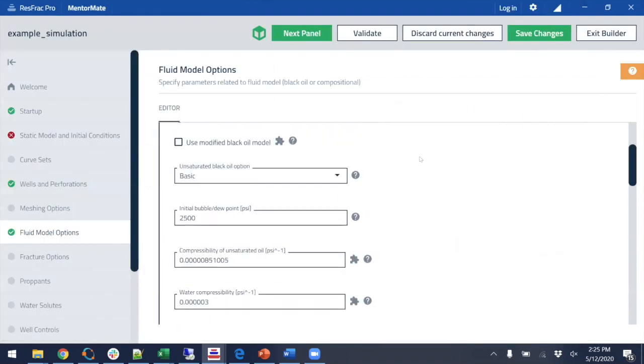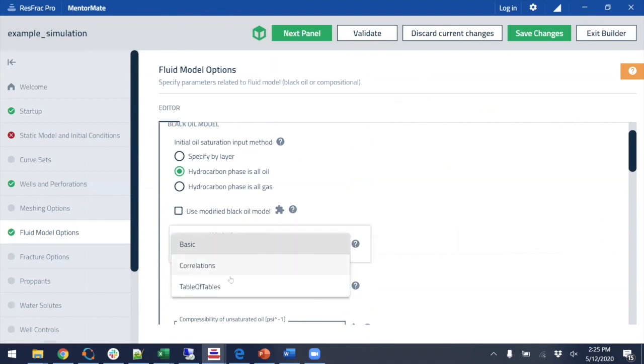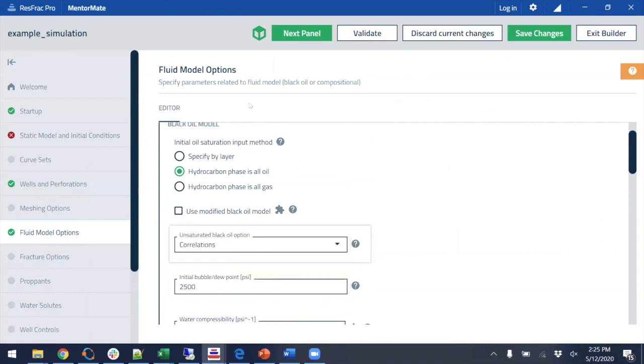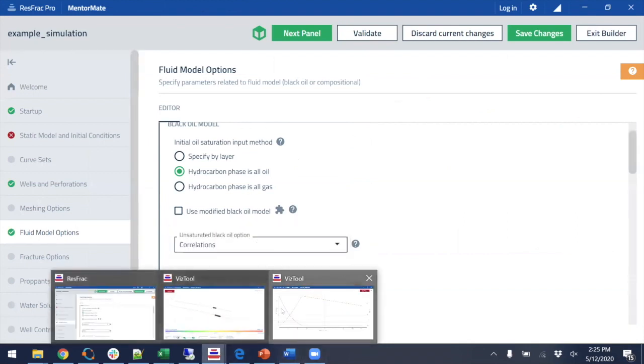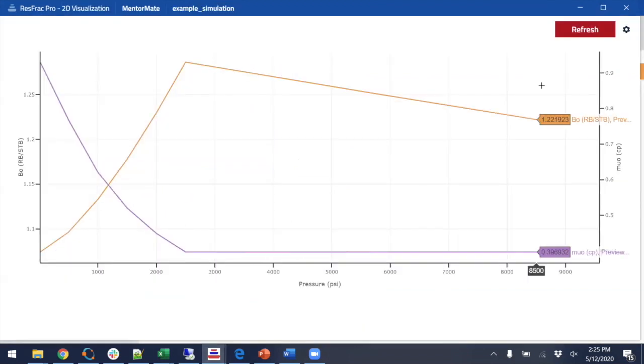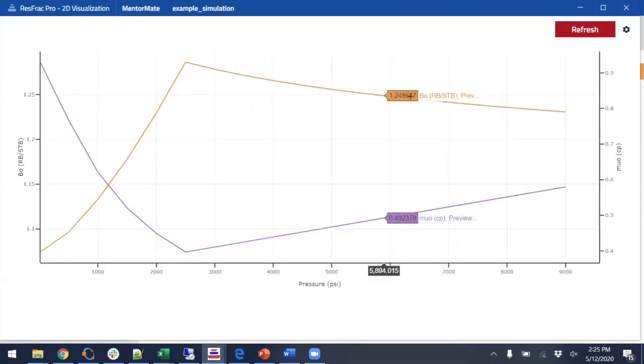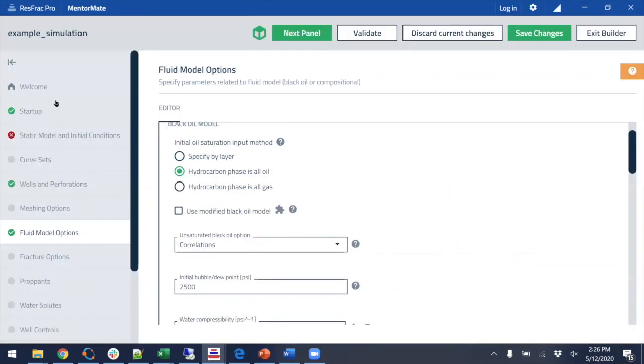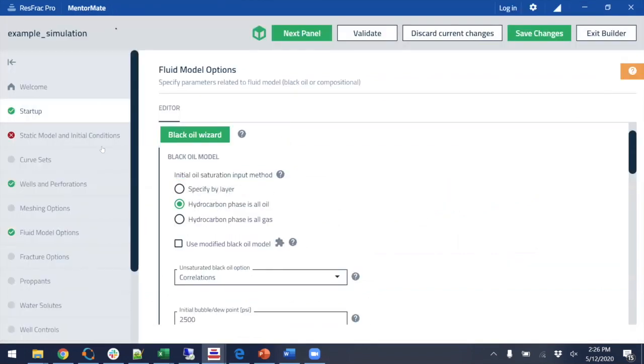And that can allow you to do things like, hey, if I want to maybe go from basic option and turn on correlations, then you can refresh, and then you can see how the correlations slightly tweaked the behavior of the viscosity and the BO a little bit. So that's pretty cool. I want to show a particularly complicated one that I had to implement, which is for